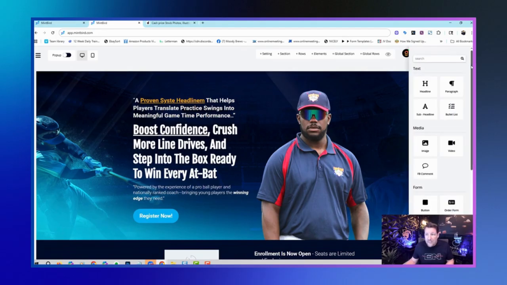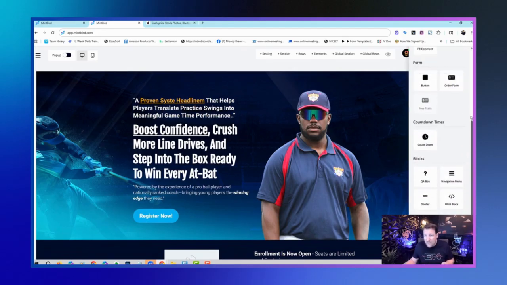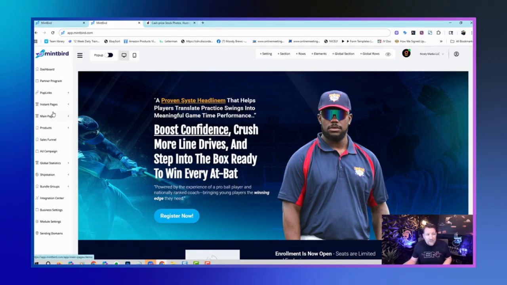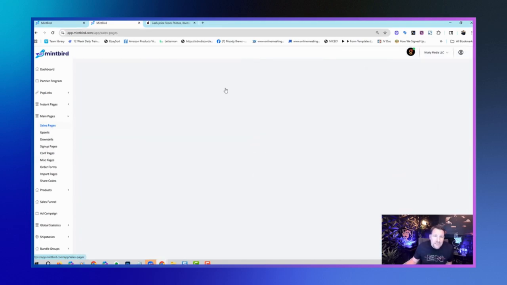And if I were to come over here and click on elements, you're going to see that we have all the typical elements that you're used to seeing, right? Our editor is very, very fast, nothing real complicated. It updates in real time, so there's nothing like saying, it'll be updated in 2 minutes or whatever else, right? And you're kind of getting an idea what our editor looks like, okay? So it's going to work the same with the sales pages, the upsells, the downsells, the sign-up page, confirmation page, everything else. When I come back over here to the sign-up page,